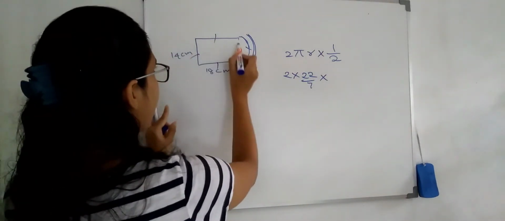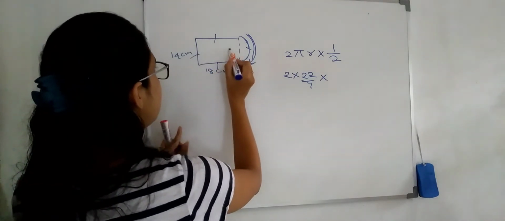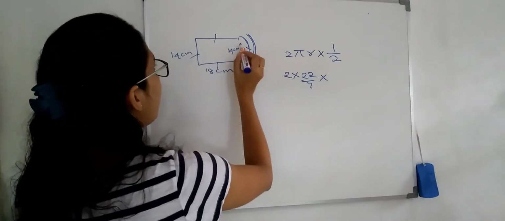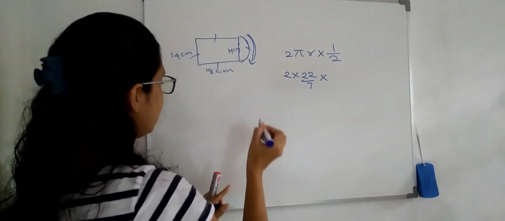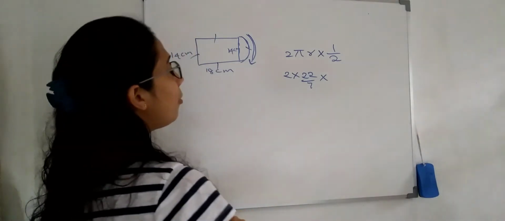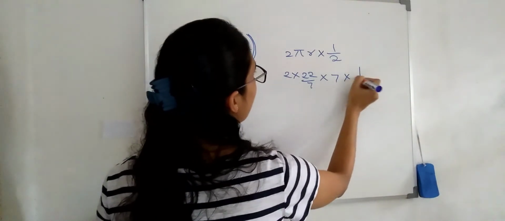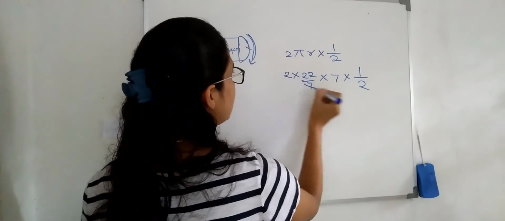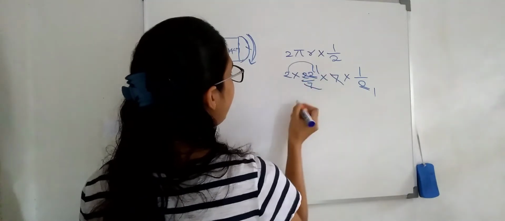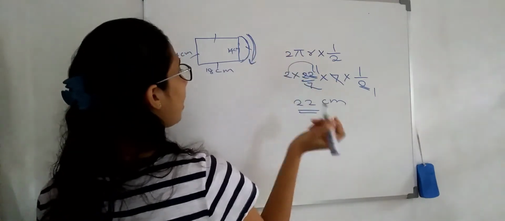So this is the rectangle. Therefore we know the value of this side and this side as well. What is the value of this side? 14 centimeters. So this is the diameter of this circle. We know the radius is half of the diameter. Therefore, the value of the radius is 7 centimeters, and the portion is 1 out of 2. Now we can substitute 7 to 7 and 2, 11. So 2 into 11 is 22 centimeters. So this is the length of this arc.